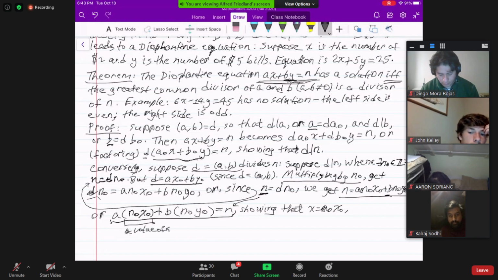That's a value of X, and this is a value of Y. So this shows that X equals N sub 0 X sub 0, and again, it's messed up. And Y over here equals N sub 0 Y sub 0